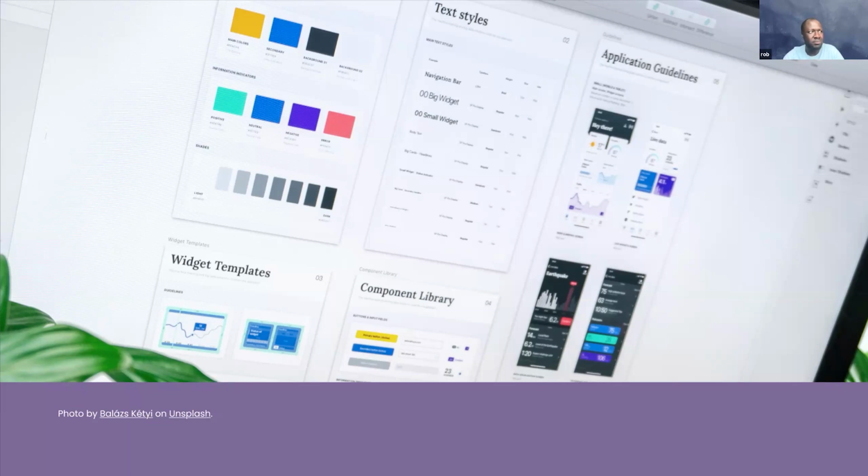Like, I interact with a button here and it looks like this, and then I come to somewhere else and it looks different, and the interactions are totally different. It could also have an impact on things like NPS scores, and so on. So by having reusable components, these can then live within a UI kit, or in a design system. And in that way, there is a single source of truth for people to refer back to.